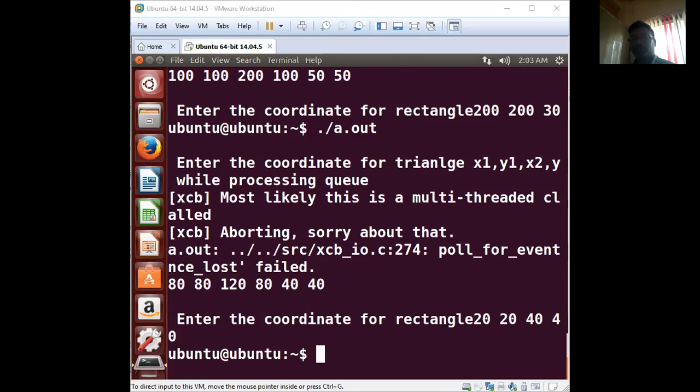Abhishek, Akanksha, turn on your mic. Yes, sir. Sakshi, yes, sir. Are you facing any problem at your home while executing the graphics program?